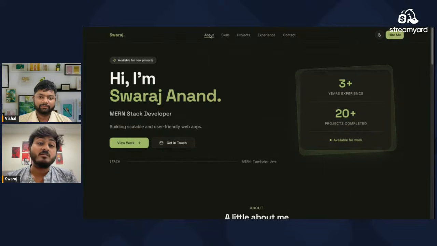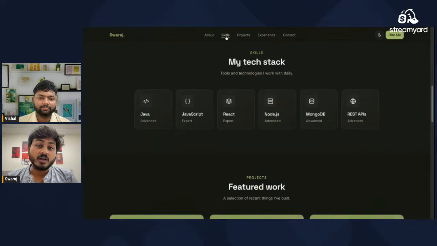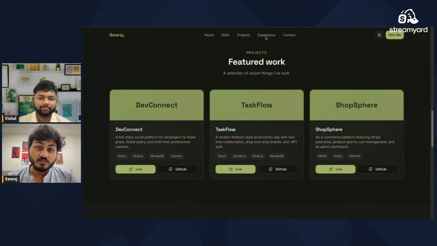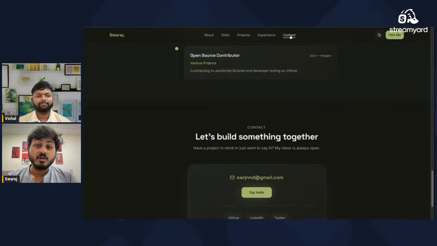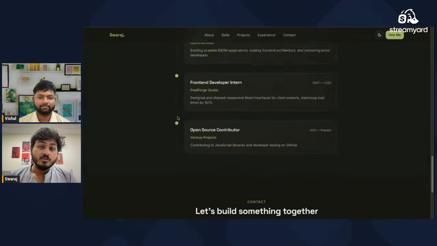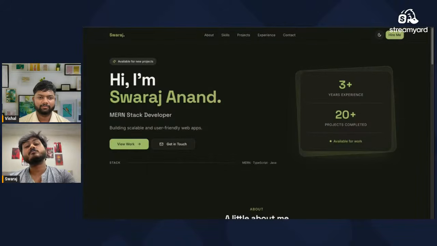Next to that, we have my about section. So what I have done, what projects I made, experiences, how many clients I have served. Next to that, I have the skills portion. Next, the projects and the experiences. And the last portion is the contact. If someone wants to contact me, how he or she can contact me. So these are the sections we are trying to build live. And yeah, one interesting stuff, we have the day and the night mode.